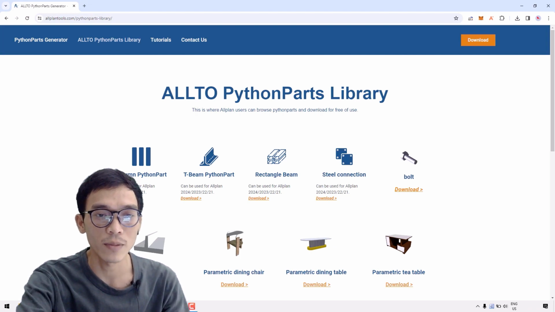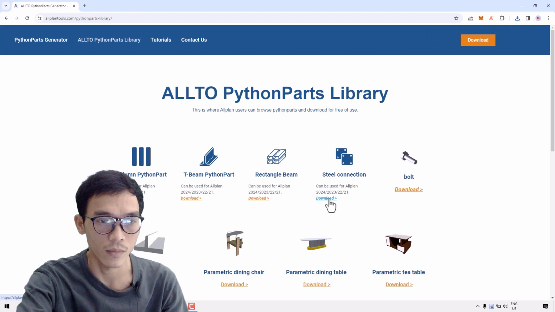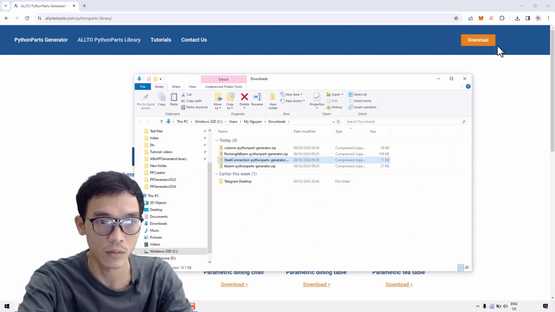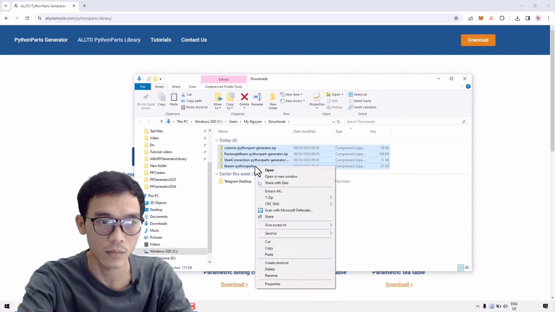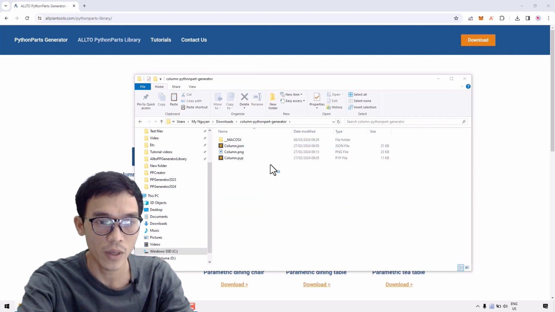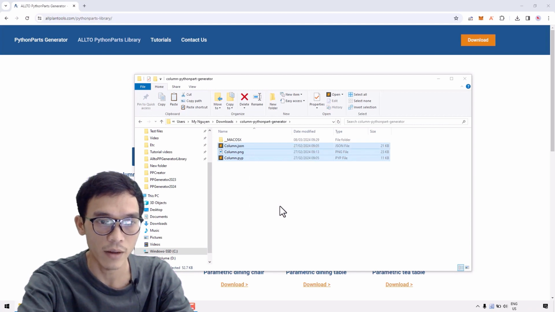You can visit our website allplantools.com and then download the Python parts that you need. Open and then extract them all. Copy the files in each folder. Then find the path,